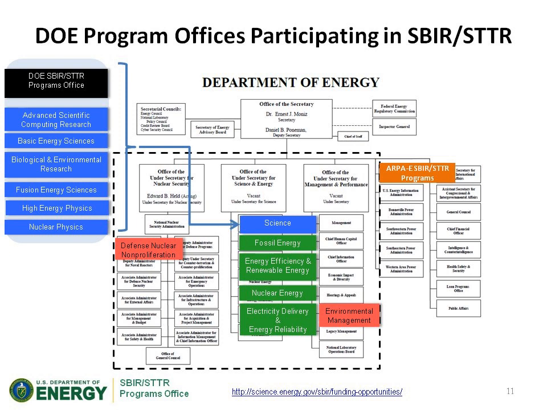And actually our office, the DOE SBIR and STTR Programs Office, also resides in the Office of Science. Under the NNSA, we have Defense Nuclear Nonproliferation, and under our Management and Performance Undersecretary, we have the Office of Environmental Management. All these, in the dotted line there, all these programs participate in what's referred to as the DOE SBIR, STTR programs. Up in the upper right, there are the ARPA-E SBIR and STTR programs.